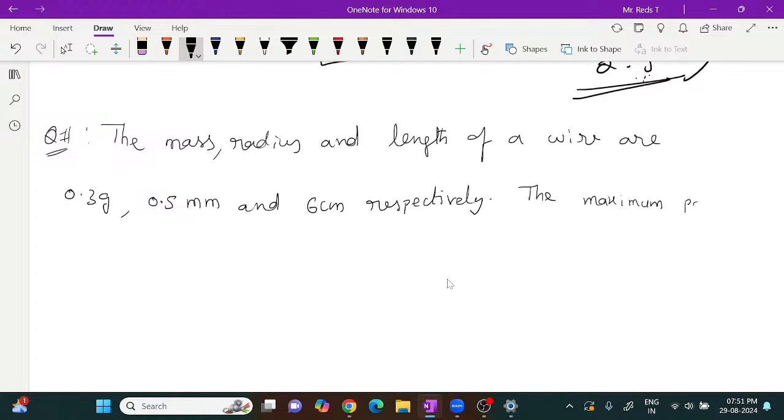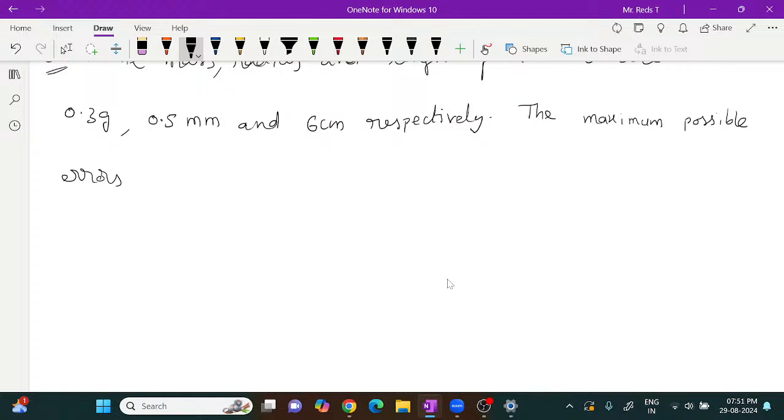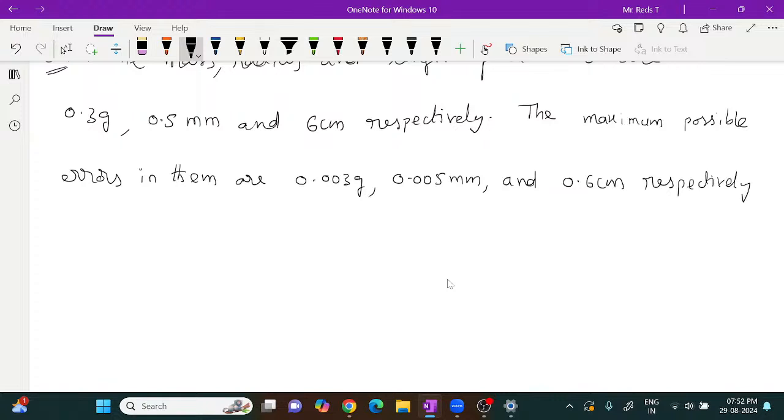The maximum possible errors in them are 0.003 gram, 0.005 mm and 0.6 centimeters respectively, right? Then the maximum percentage error,